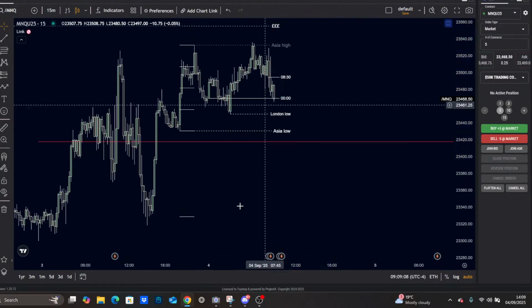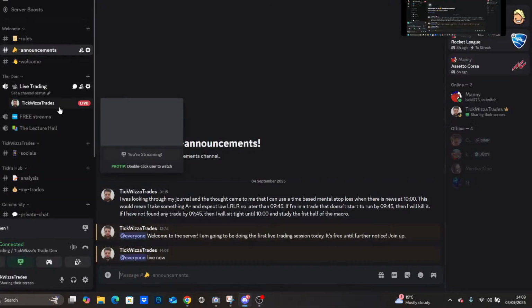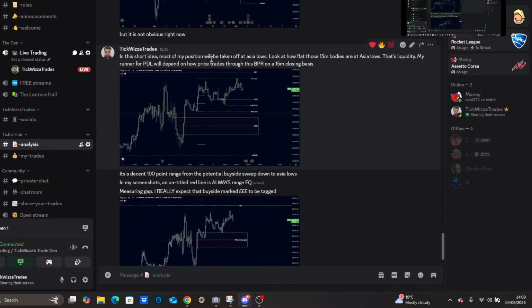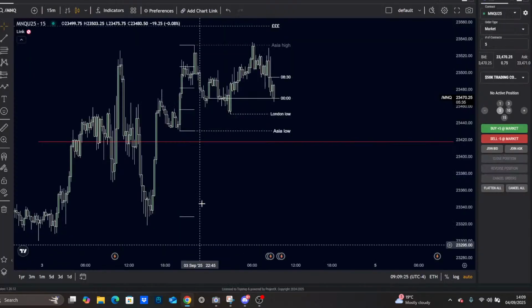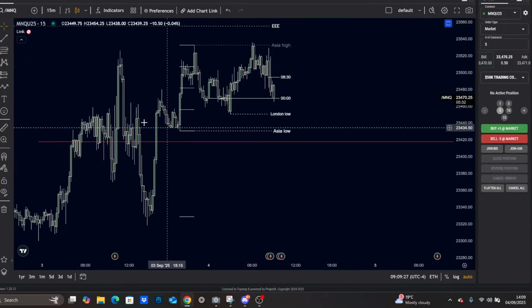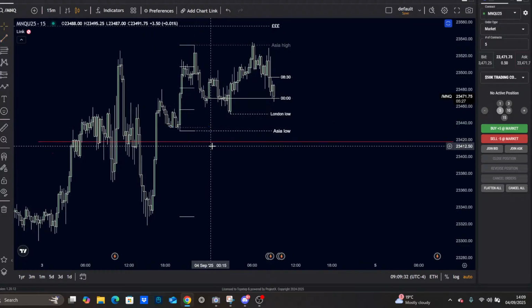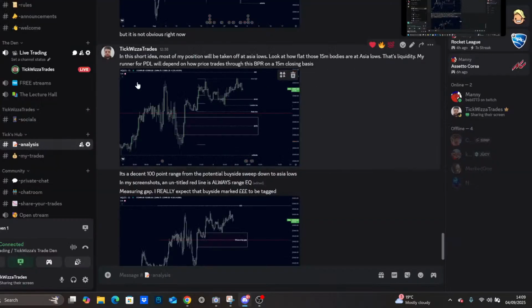And so I had in here, in my analysis, in this short idea, most of my position will be taken off at Asia lows. Look at how those 15-minute bodies are flat at the Asia lows. That's these here. No, these. So you see, even though this low swept below this, these bodies are really flat. That's liquidity. So I said, notice how the bodies are flat. That's liquidity. My runner for previous day's low will depend on how price trades through this BPR on a 15-minute